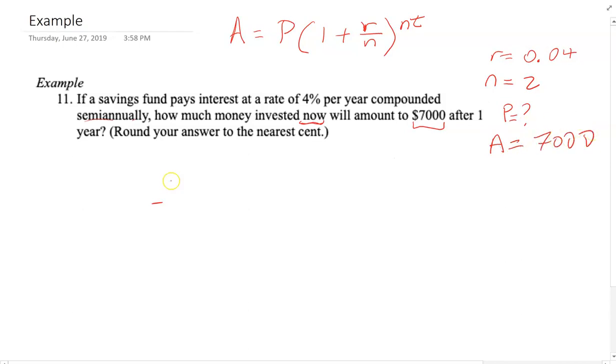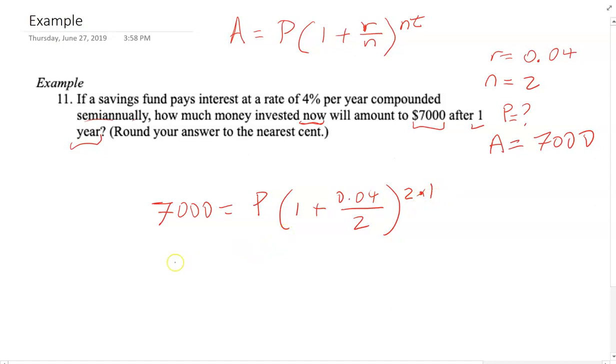We will now plug these into our formula. 7,000 equals P, we don't know, so let's just keep it as P, times 1 plus R, which is 0.04, over N, which is 2, raised to the N again, which is 2, and the time is 1 year, so that's just 2 times 1, which is 2. So